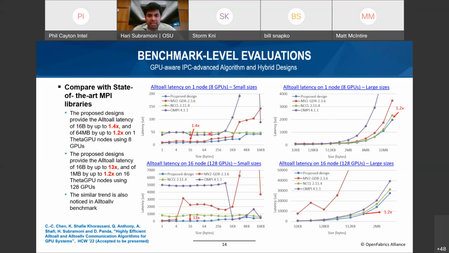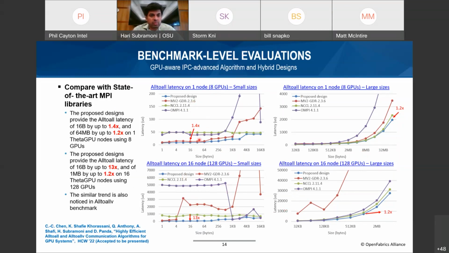As we can see, for all-to-all latency on one node or up to 16 nodes, that's up to 128 GPUs on the ThetaGPU system, we see that uniformly for small, medium, or large message sizes, the proposed design outperforms all the other state-of-the-art solutions,